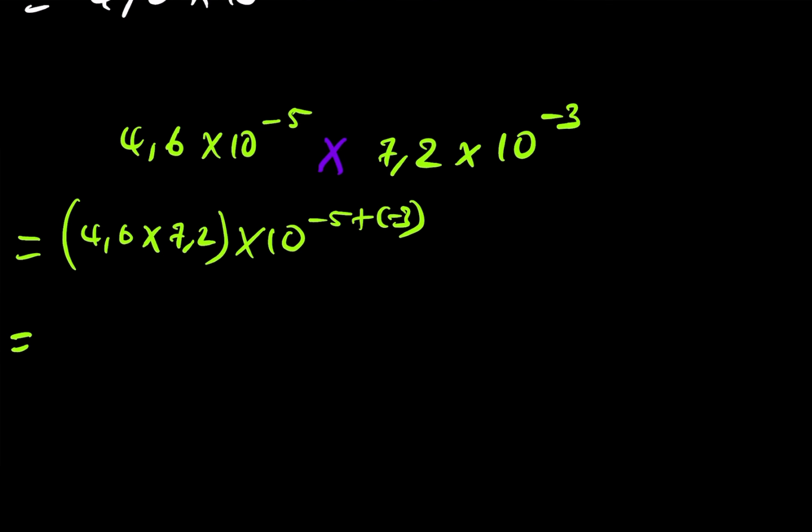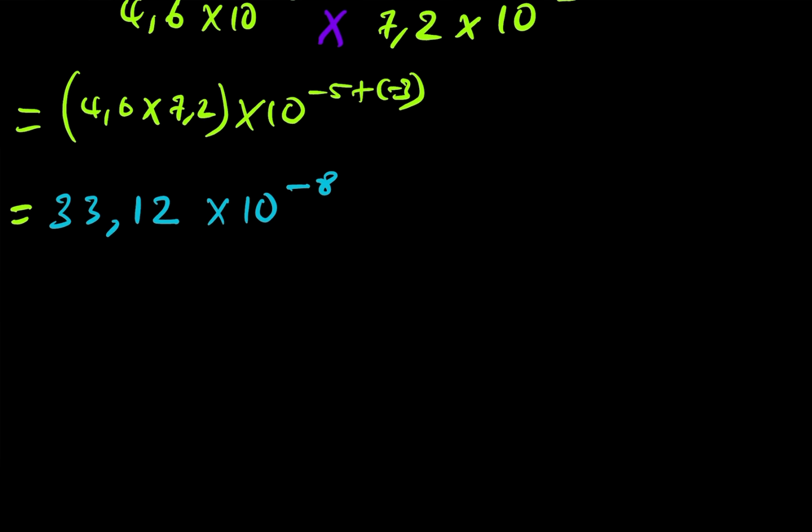So I'm going to get 3,112 multiplied by 10 to the power. If you look at that, it's going to give you negative 8. Now, this number here is 33. It must be in between 1 and 0. So what I will do is I'm going to move 1 unit to the left, okay? That is going to be